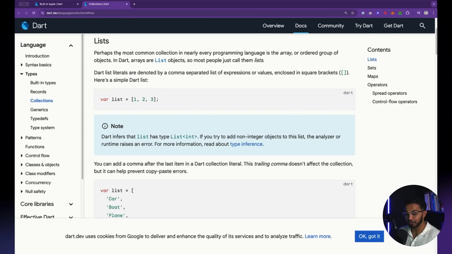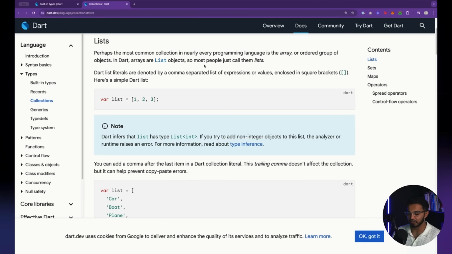Understanding lists really well is going to be critical in this process. If you've taken a computer science class, or if you've had any exposure to computer science, you might have heard of the concept of an array. An array is the same thing as a list in low-code development. An array is an ordered group of objects, okay?